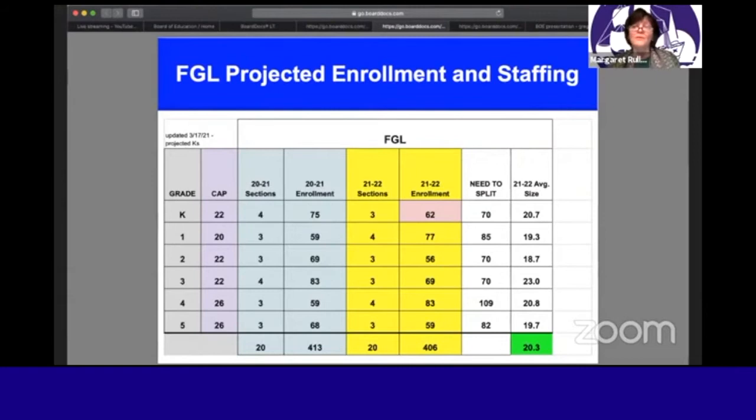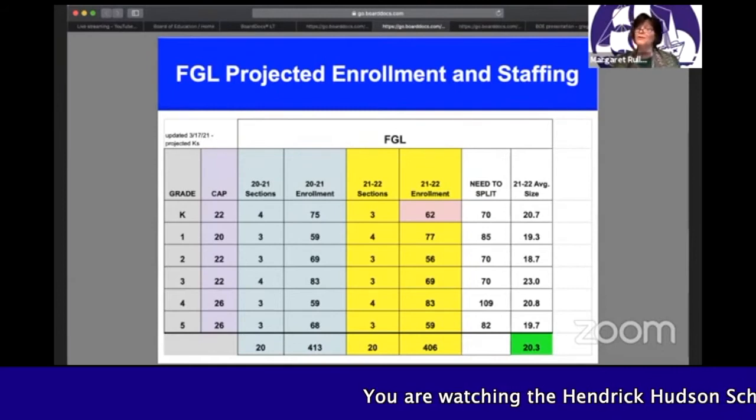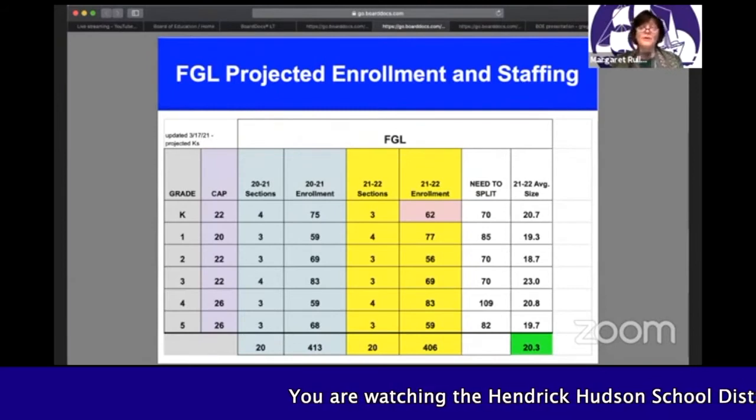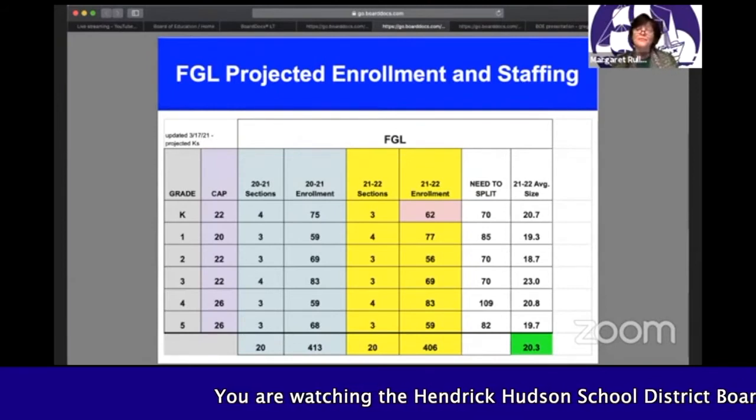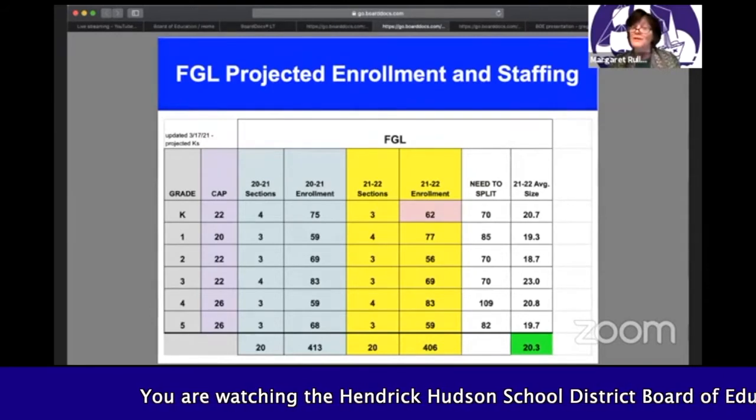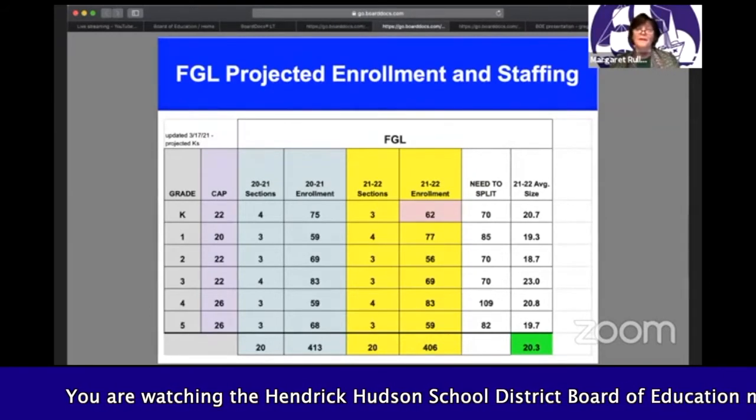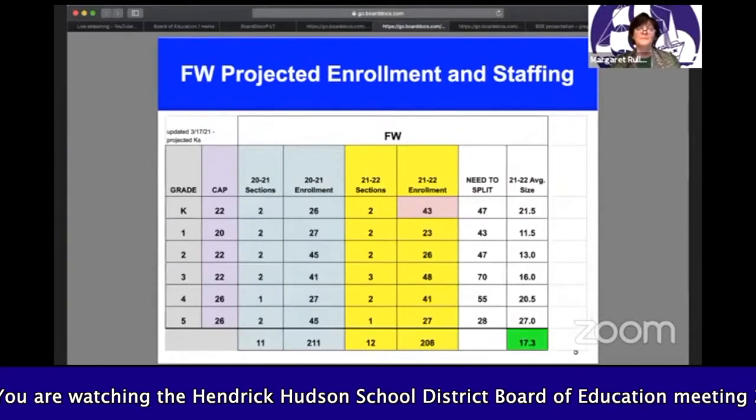And every week when we have an update, we go in, we check it out, and we try to plan from there. Occasionally, it may mean a section goes down in enrollment and we can move a teacher. And perhaps that teacher goes to an area where the enrollment surprised us and increased, and we might want to reduce the section. So we have a 20.3 average for Frank G so far at this point in the year for planning. Take a look at Furnace Woods.